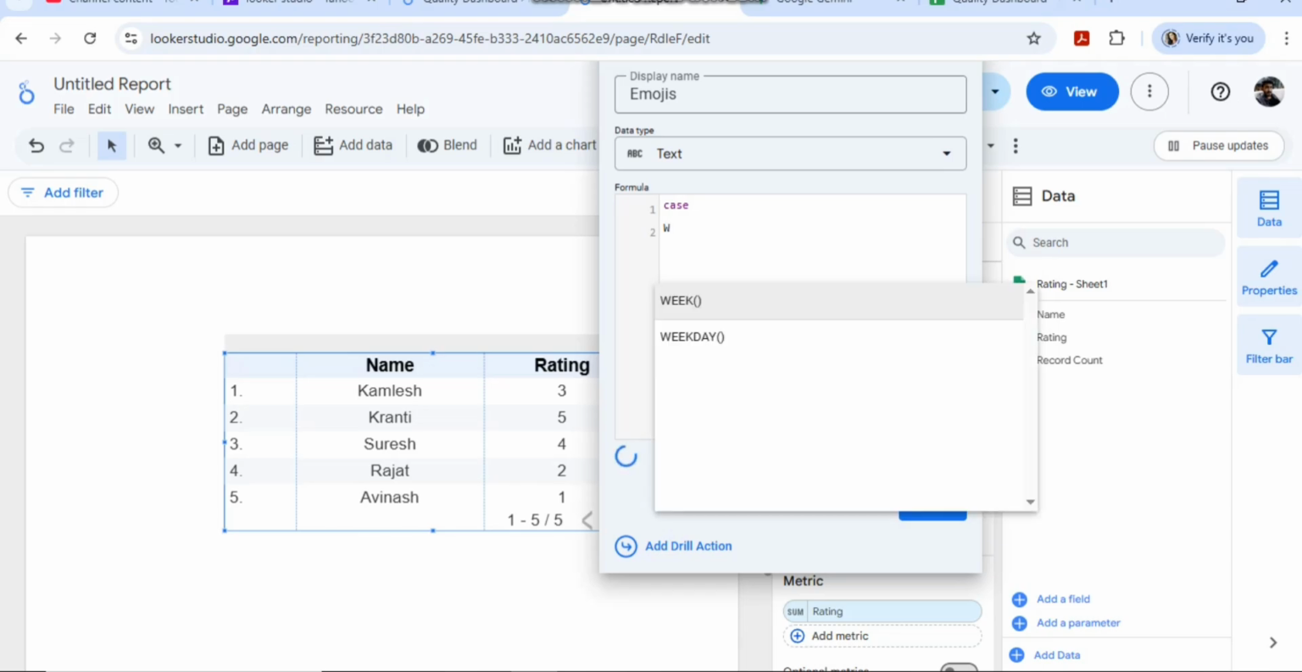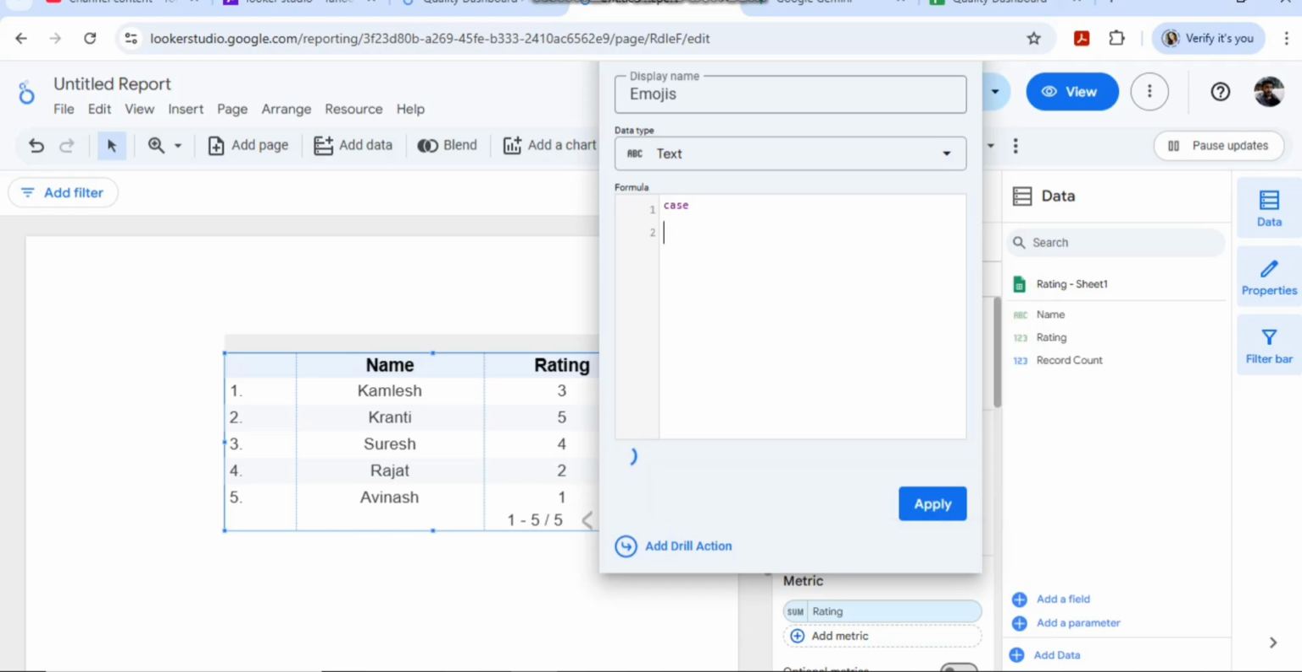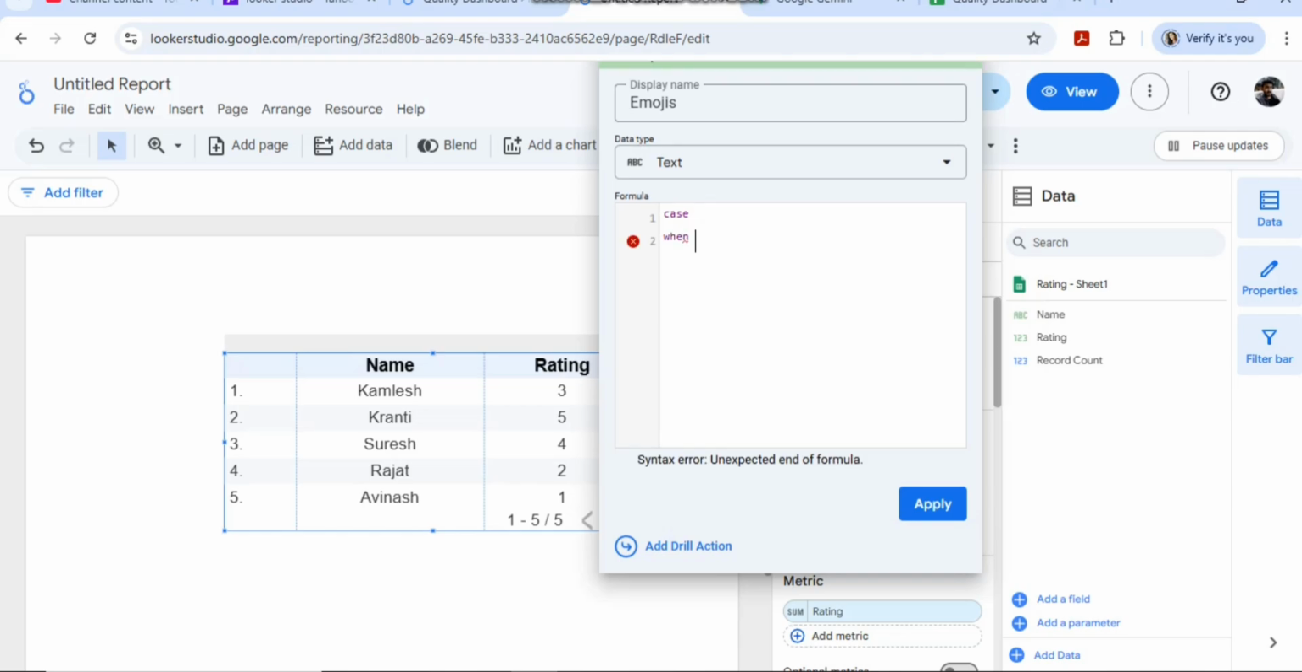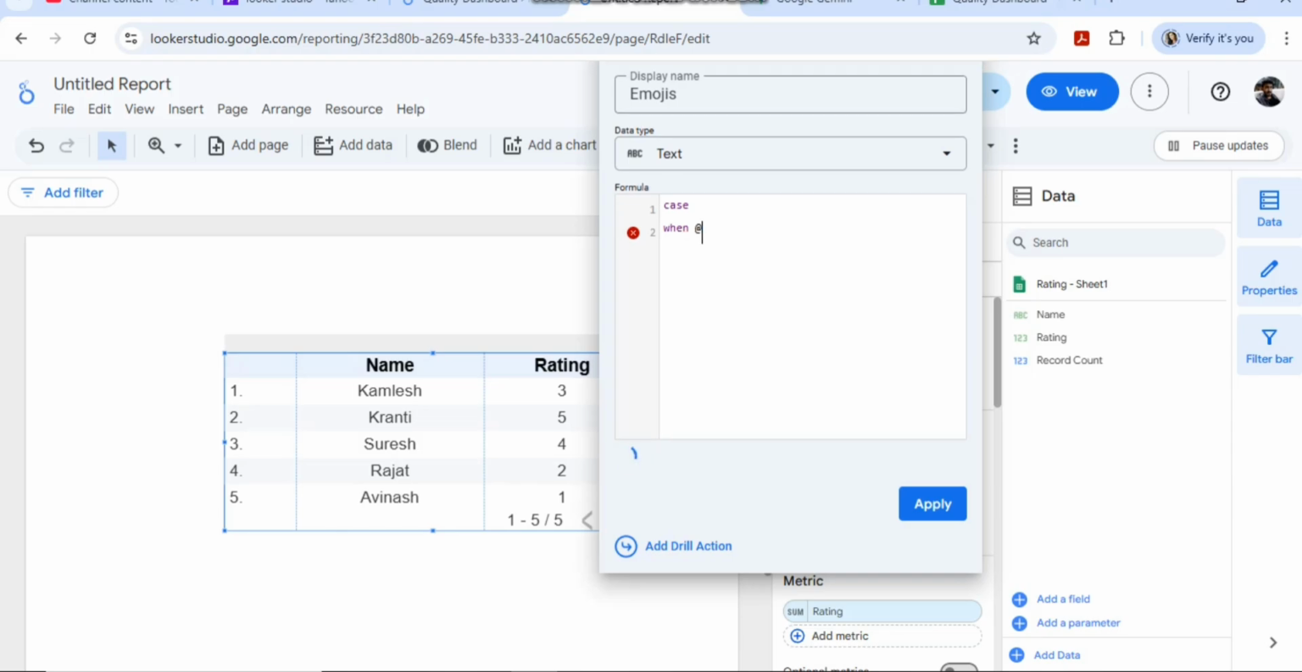You have to mention when... now what is our rating title name? Our rating title name is rating. You can see here rating. So let me add rating. When rating